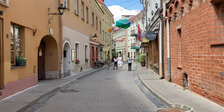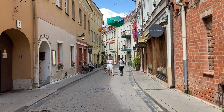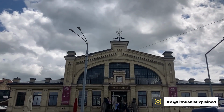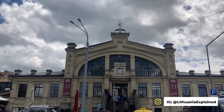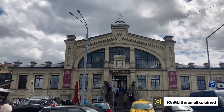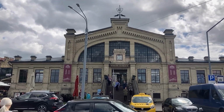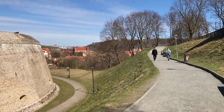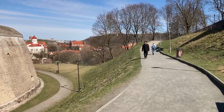A lot of visitors only stay for like 3 or 4 days, often just passing through to somewhere else. And so now that I've had enough guests, all staying roughly the same period of time, I realize that I've somewhat developed my own little itinerary for what to do when they come to Vilnius. I like to pretend sometimes that I'm a tour guide, and I guess to my friends and family, I am